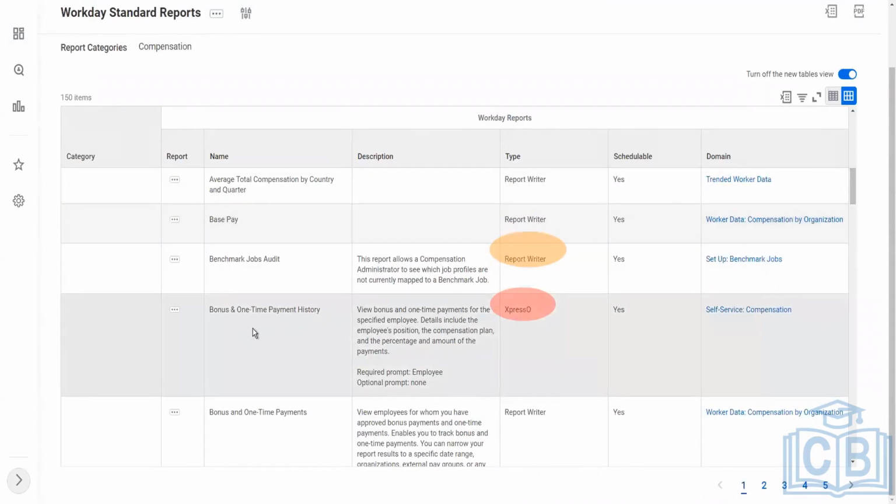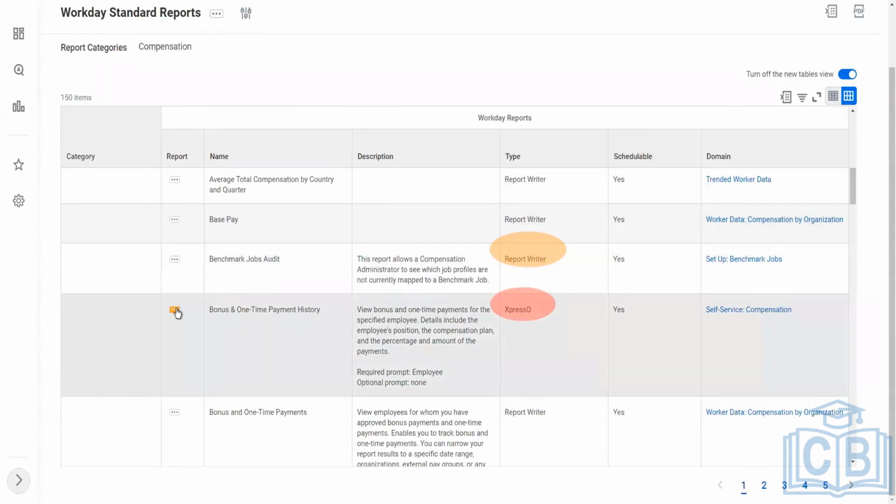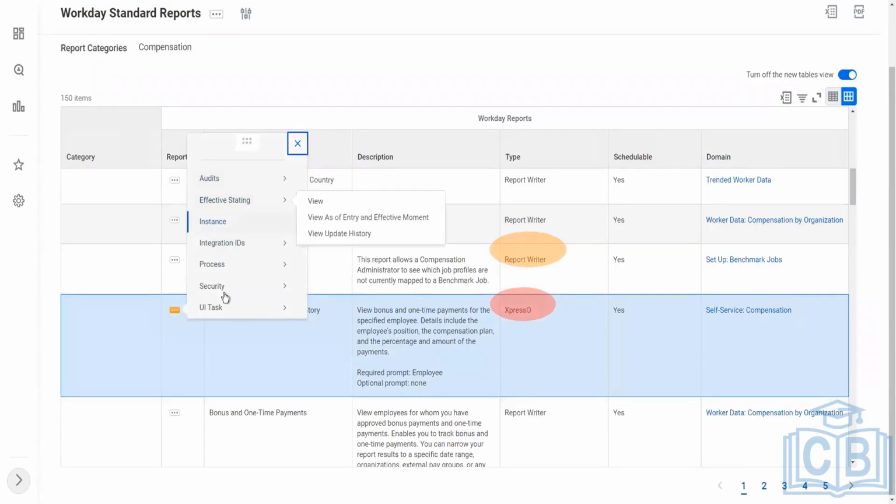Here, bonus and one-time payment history. This is an espresso report. Benchmark jobs audit, that is a report writer. Now for the espresso kind of report, if I go to related actions of the report, let's look for the actions. You see, I don't have many options. But if I look at